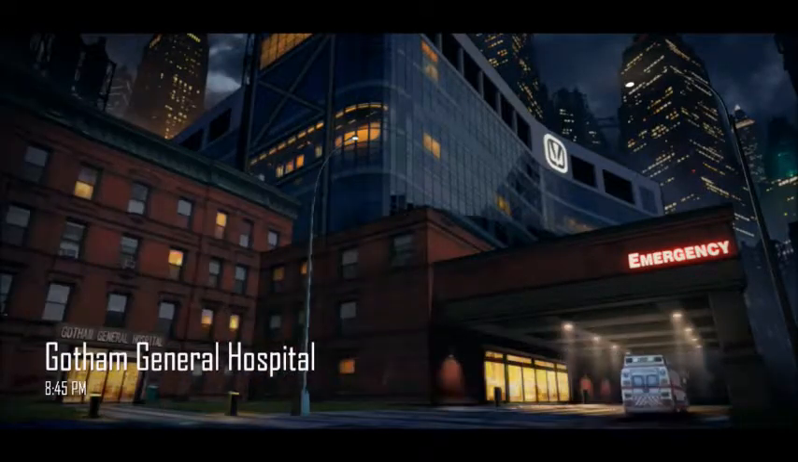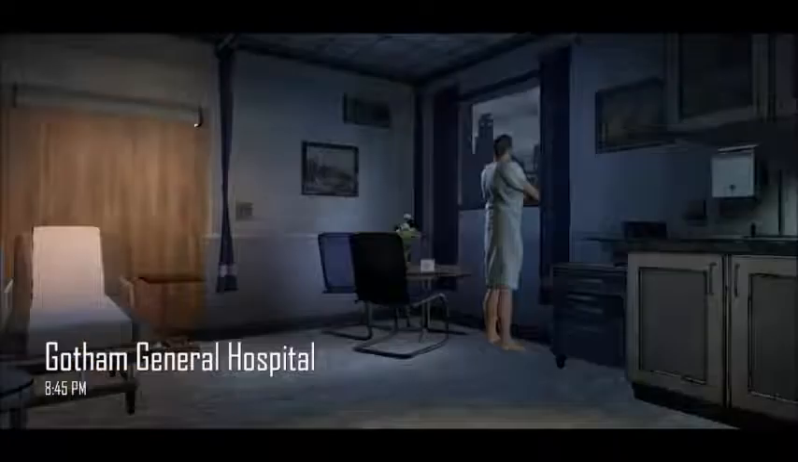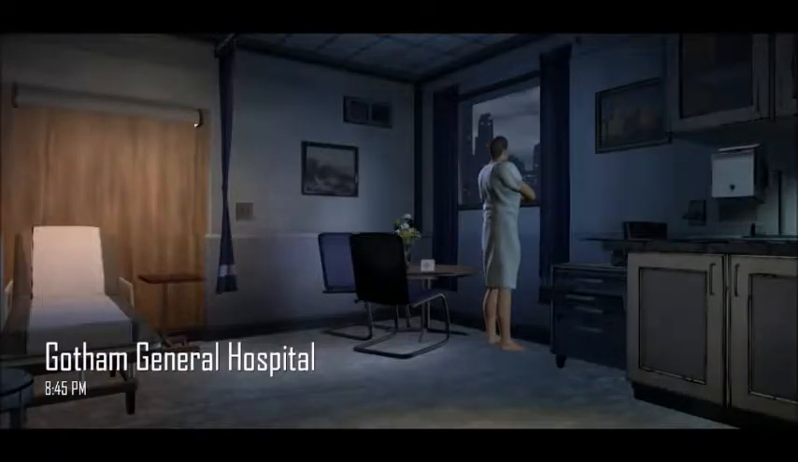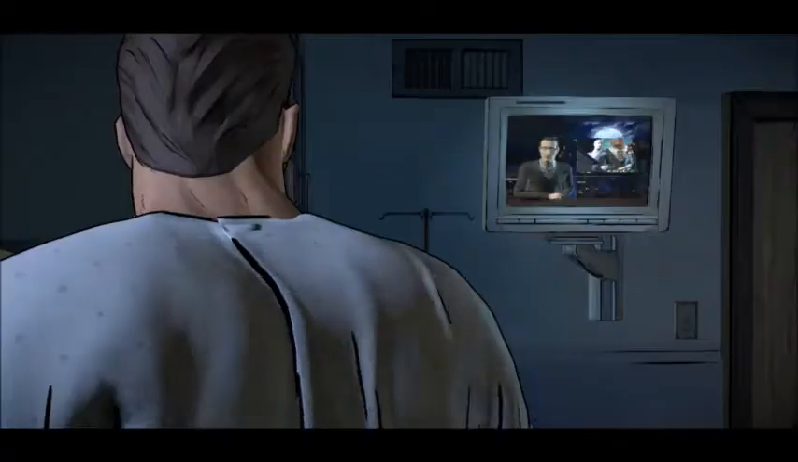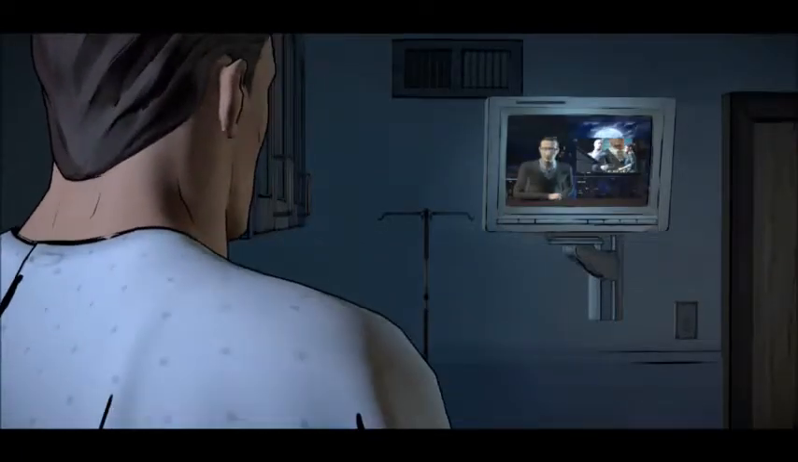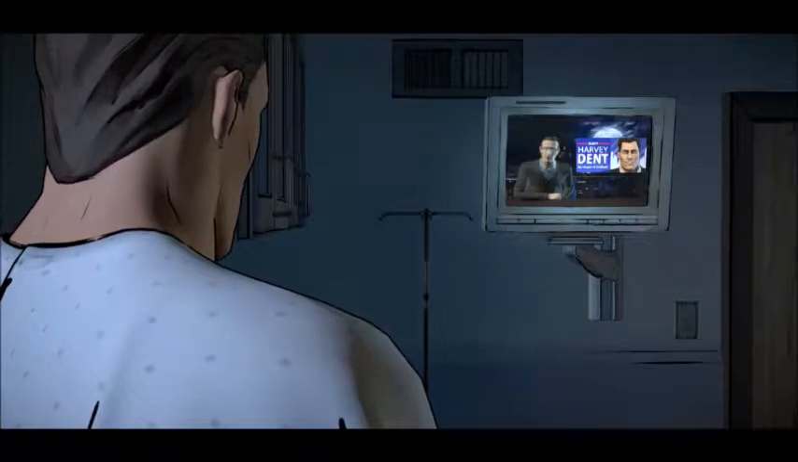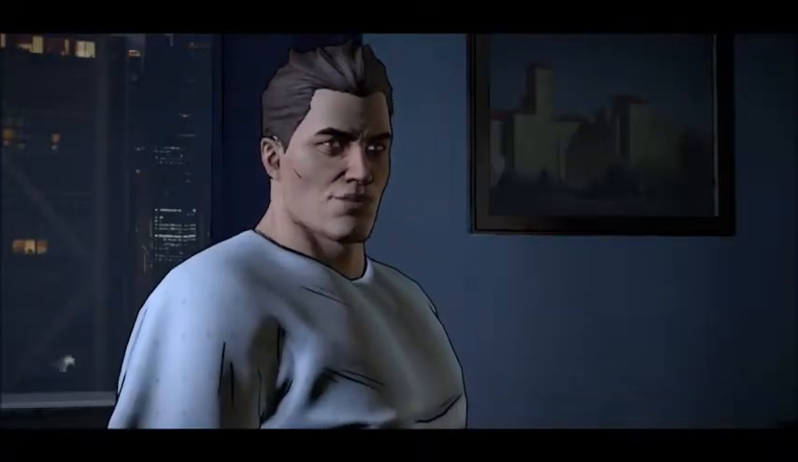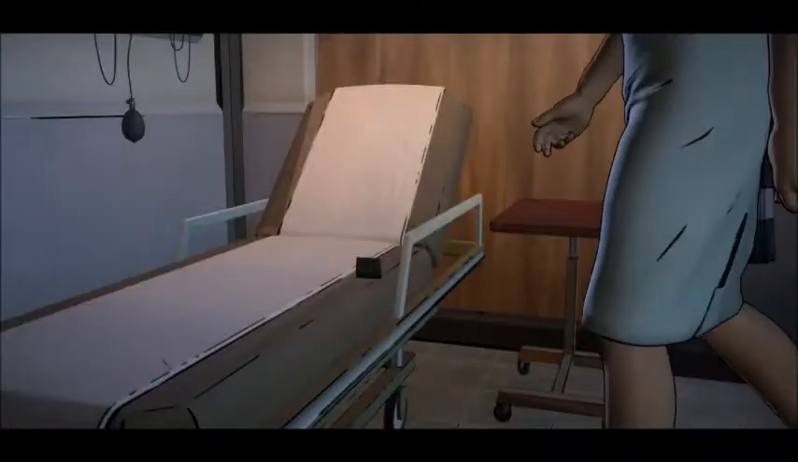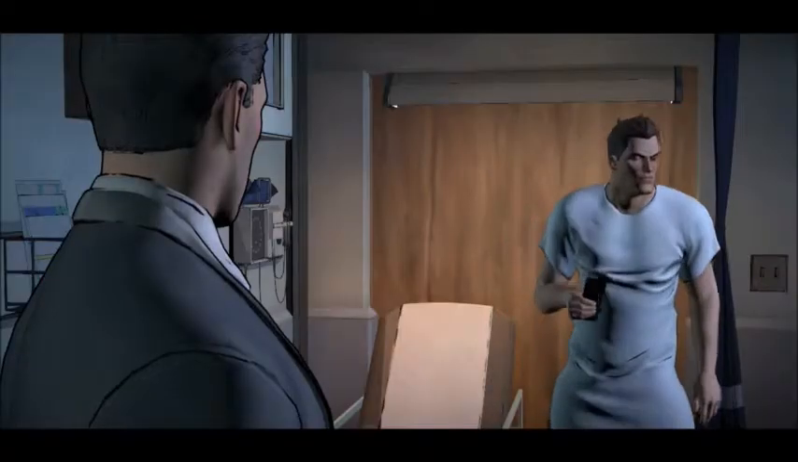Gotham General Hospital, 8:45 PM. Gotham is still reeling after last week's mayoral debate. Oh, is this because of Save Dent? And subsequent murder of Mayor Hamilton Hill, Harvey Dent was left running unopposed. After a rather lackluster election, Mayor Dent was finally sworn in. Bruce, a friendly face. Word is, he's still being held for observation in his hospital bed. Meanwhile,